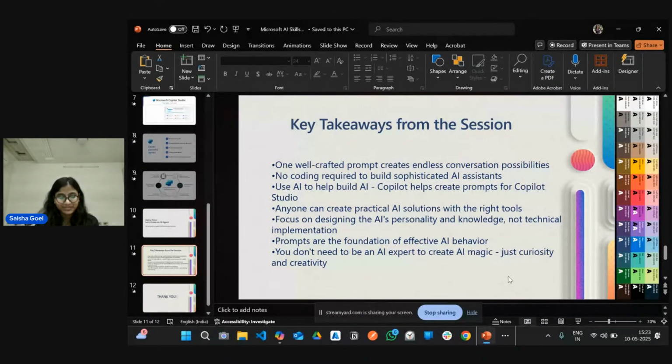AI is for everyone, and prompting is more important than you think. It's basically a blueprint for your AI. Then AI agents are here to help us, not replace us, of course. And here your creativity is more important than your technical skills. So, yeah.